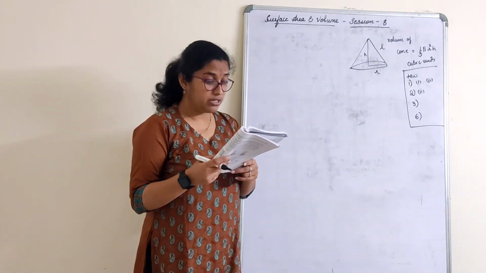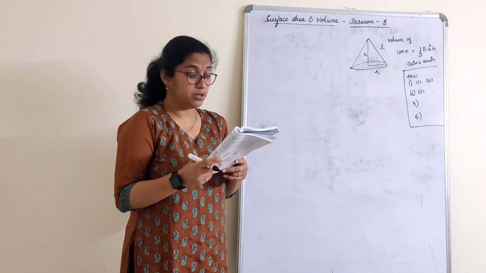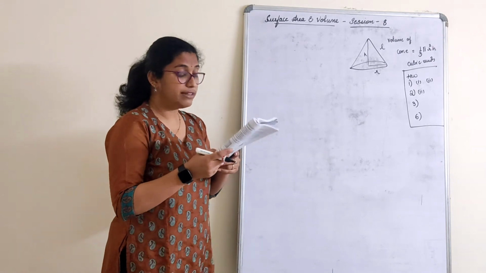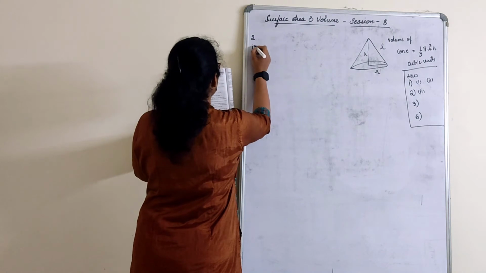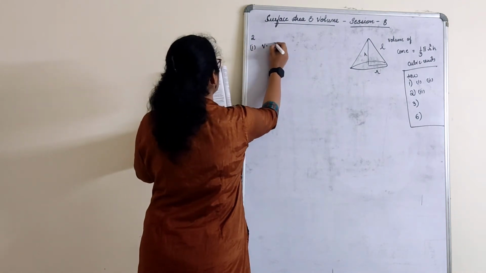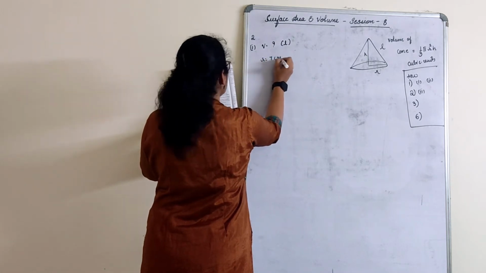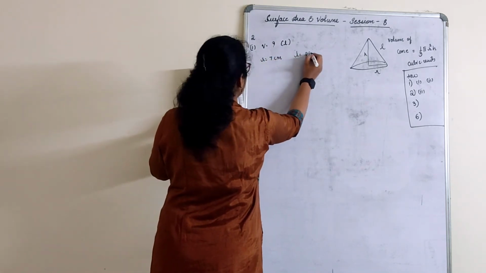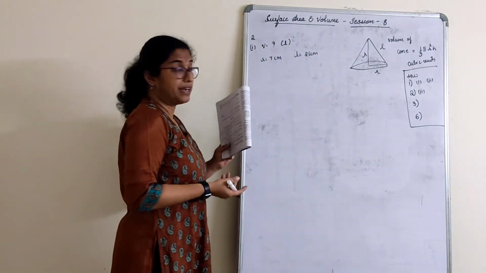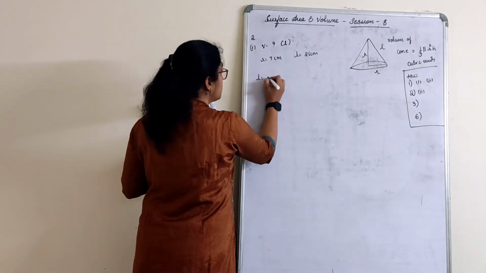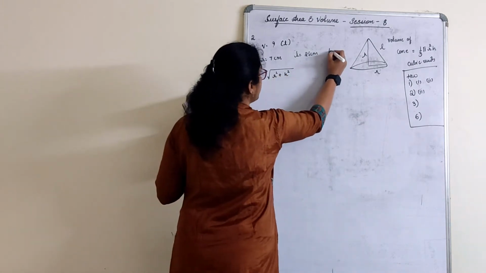Look at the second question. Find the capacity, capacity is volume, in liters. Okay, we know how to convert it to liters. Of a conical vessel with radius and slant height. This one sum I will be doing, the first one of the second main. They have asked us the volume in liters whose radius is given and slant height is given. Now, radius and slant height is given, which means height is required to find the volume, right? So l is equal to square root of r square plus h square. H we have to find out.